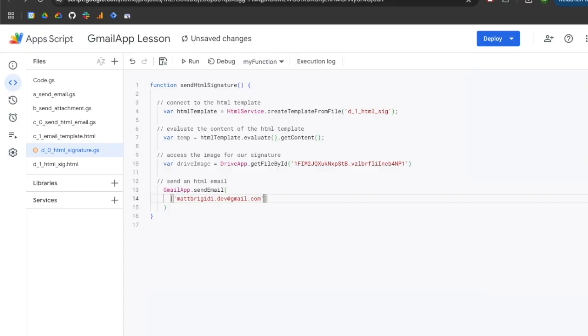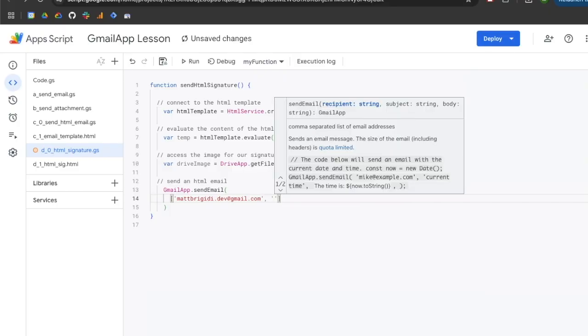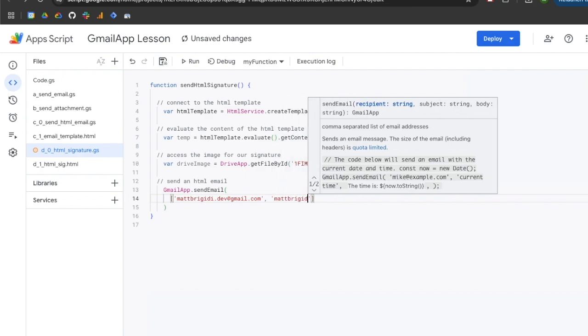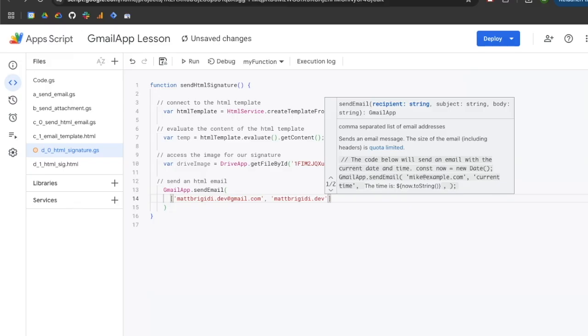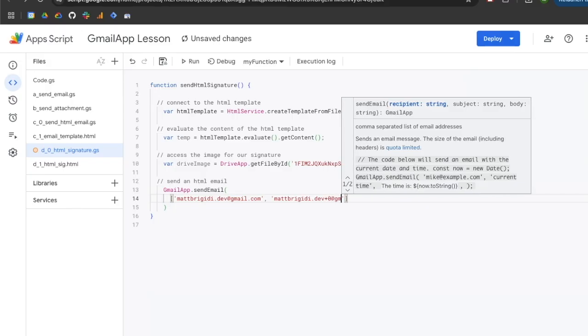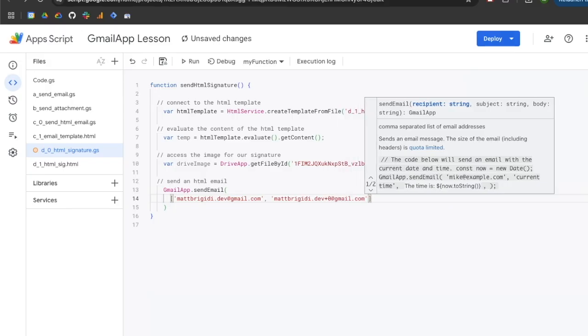mattbrigidi.dev@gmail.com. And then if I wanted to, I could add a second email address by adding a comma and then adding another set of single quotes. So I'll do mattbrigidi.dev+0@gmail.com. And for those of you who are looking to work on more development things for Gmail app, a